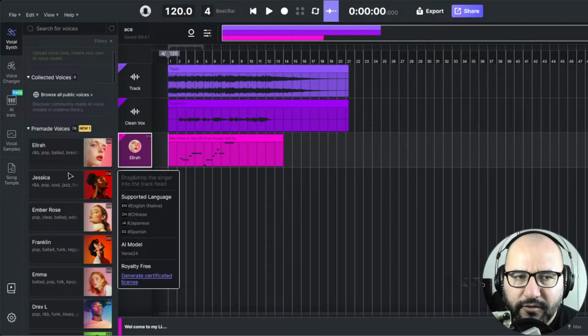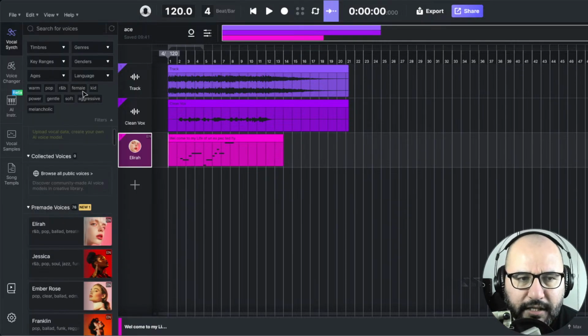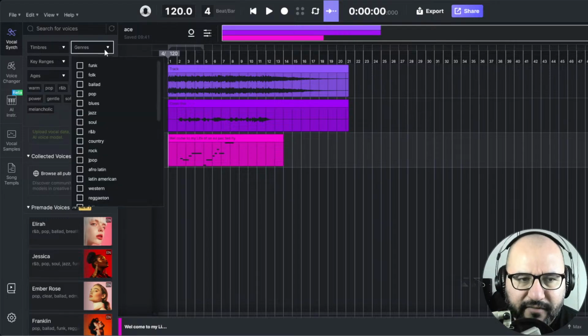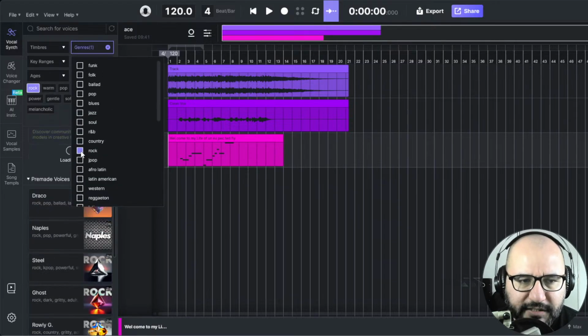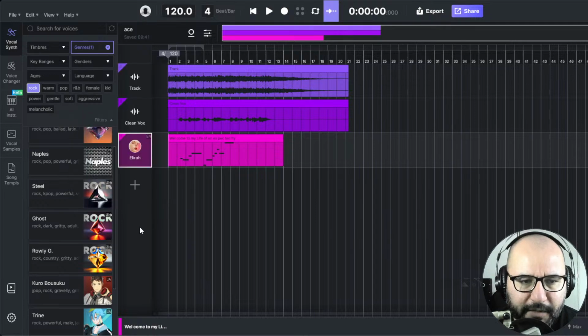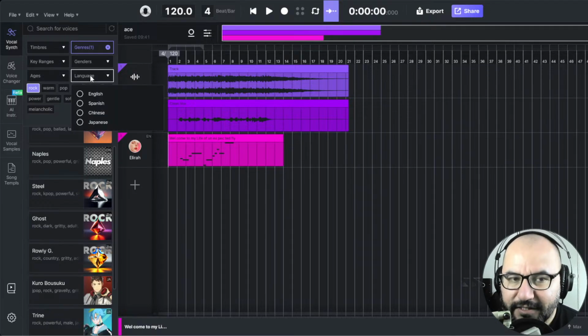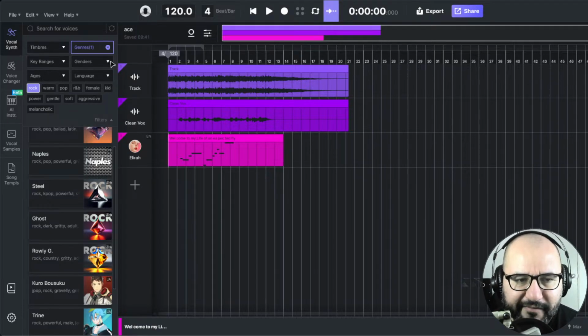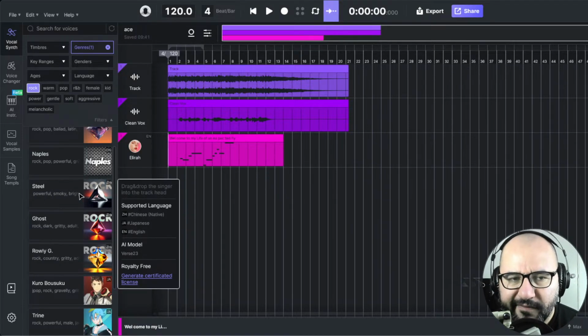Also, one cool thing here is that you have filters, right? That you can sort out if you're looking for a specific genre. For instance, if I'm looking for rock singers, right? They're gonna appear here. Different timbres, different key ranges, gender, ages, language as well, because that's another cool thing. You can create a vocal performance in English, but also create that same vocal performance in Spanish. So that's, I think that's technology. It's amazing. All right. So these filters are very, very useful to find exactly what you're looking for in a